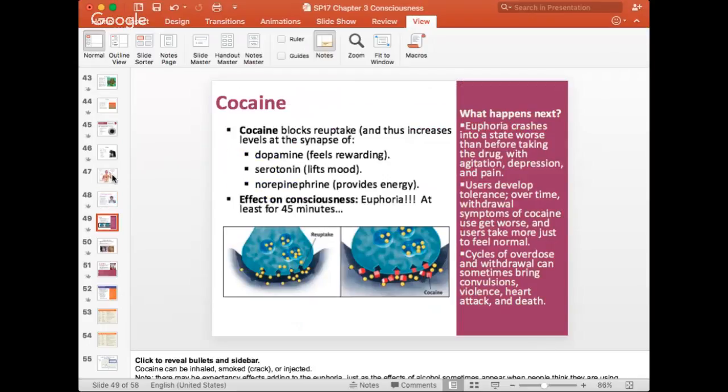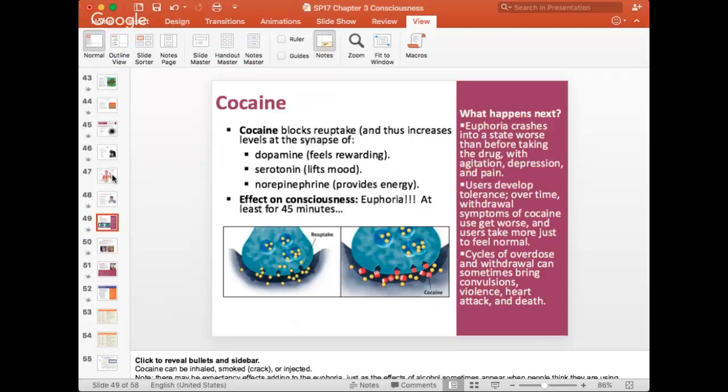Okay. Cocaine. Hell of a drug. We talked about neurotransmitters and how they come out of those neurons. They tickle the next neuron, and then they get sucked back up. The job of cocaine is to block the reuptake, that sucking up process. And so then those neurotransmitters of dopamine, serotonin, and norepinephrine are just floating around out there, ping-ponging back and forth